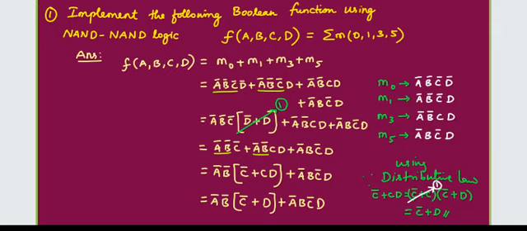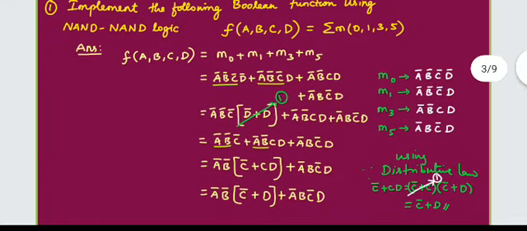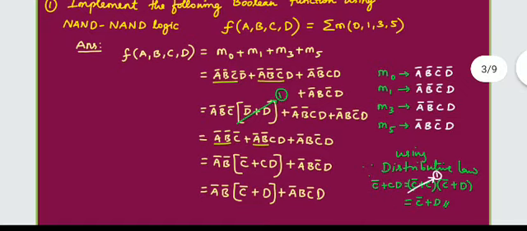So for simplification, first step, generally, in the problems we discussed so far, from which step do we start the simplification? We have to find out the common variables in the terms, right? So just see the first and second term. A bar, B bar, C bar are common. So take it out. Inside the bracket we have D bar plus D, and the value of D bar plus D is 1.